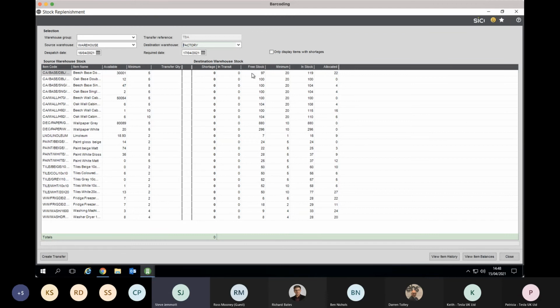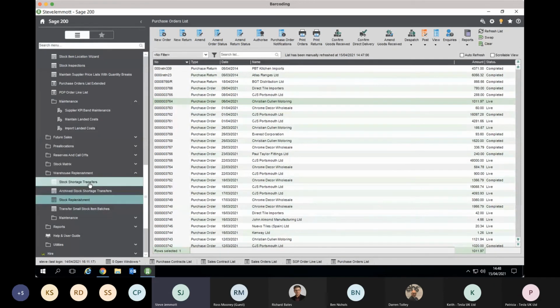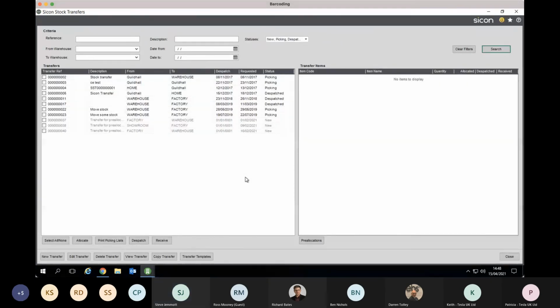But what it will do is show you where they're dropping below the minimum, or the free stock drops below. It will then show you in here the quantity that you can transfer, providing you've got enough stock here in order to be able to fulfill that request. So as you add, I can manually add in some quantities here, so you can see that in there. If I click on create transfer, that drops it into this particular screen here,